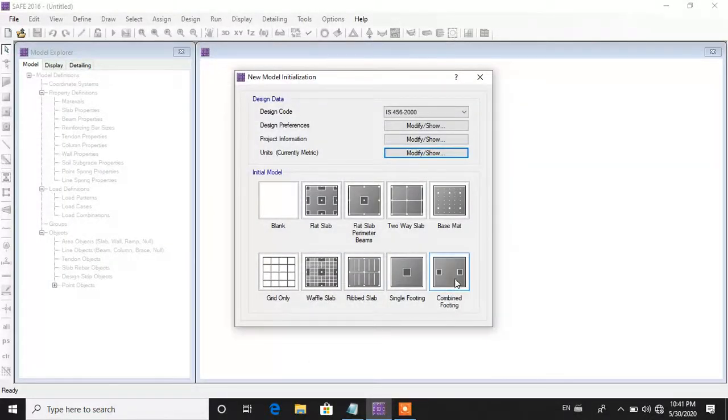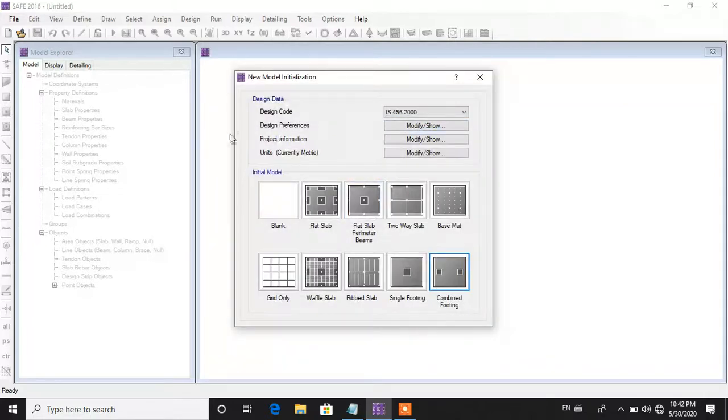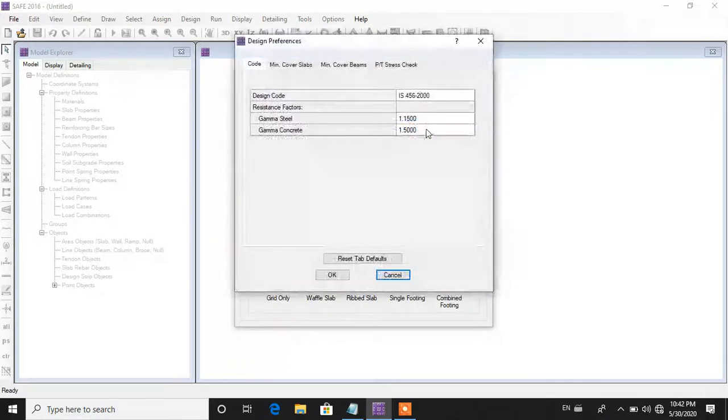Now choose the combined footing. Here you can see left edge distance. Before doing this, just cancel it and go to design preferences. Click on modify/show.